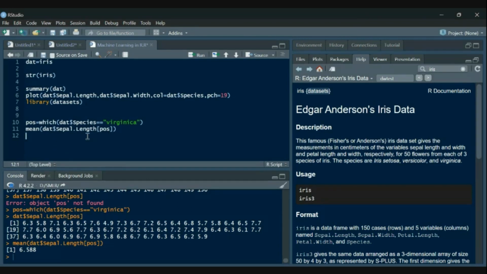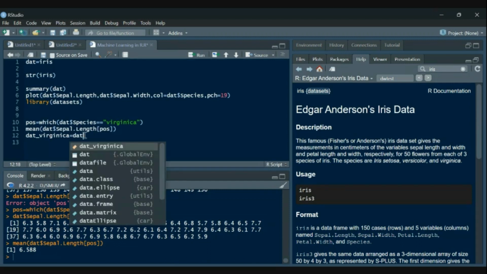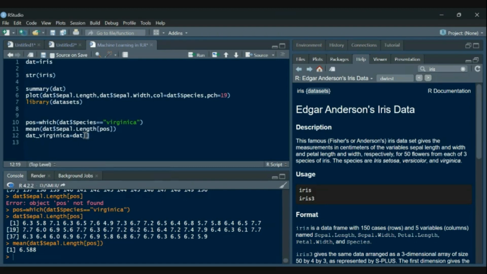Similarly, we can get the summary of the data for specifically Virginica as well, the way we got the summary for our overall data. So let's check whether we can get it or not. So that dollar Virginica equals, we'll use the same positions, and this position will be used for DAT, comma, and these are basically the row numbers.